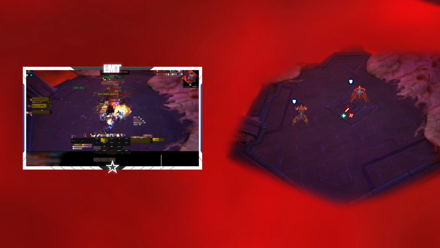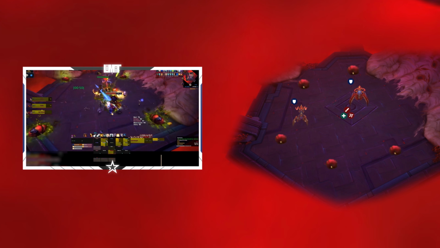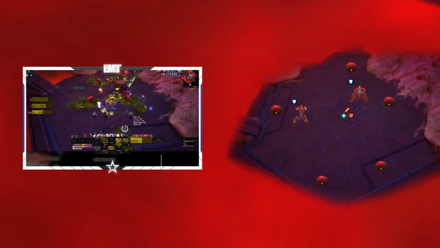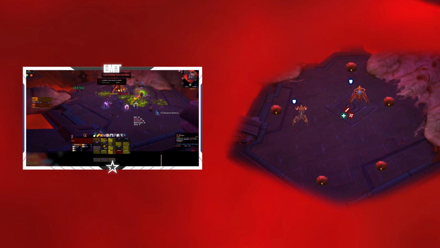Ka'zir's last ability summons 5 green bowling ball bugs around the sides of the room. They'll then roll in a straight line, dealing heavy damage and putting a nasty debuff on anybody hit. You're going to want to dodge these. They're bad. As a note to the healers, there's a couple bad overlaps you're going to want to be aware